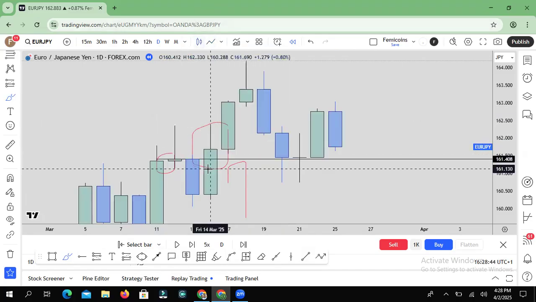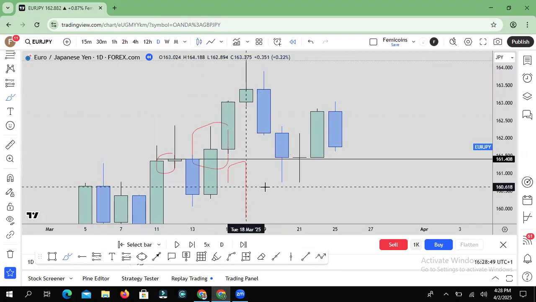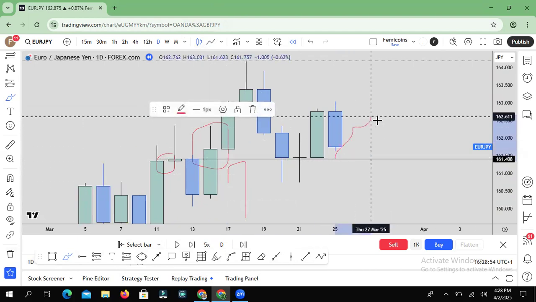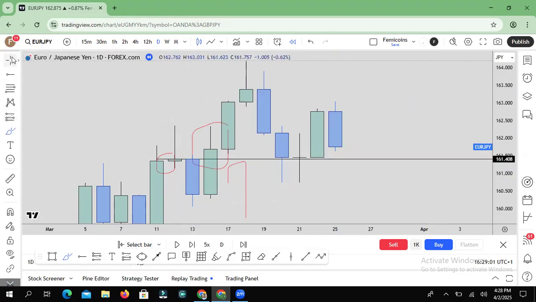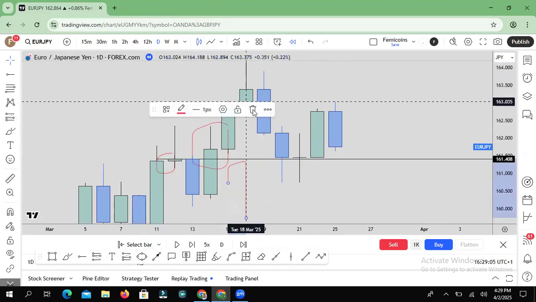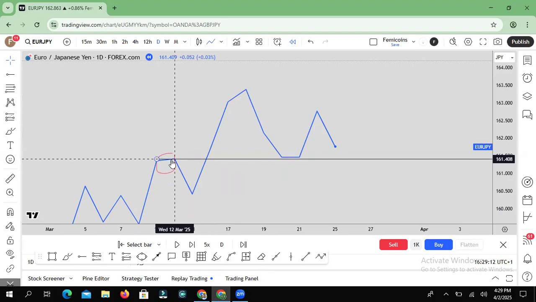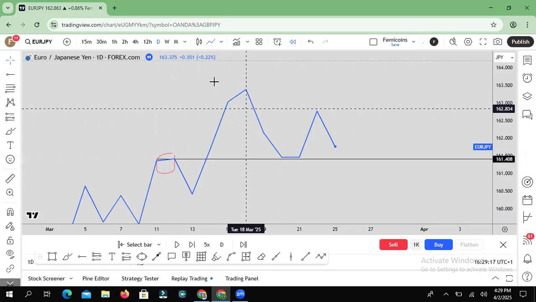Let me turn on the candle. You can see it. They broke it to the upside. Like I said, you expect market to do what? To come back into that same key level, and you look for more buying opportunities. So for this particular day, what I'm looking for is how to buy. Since they've disrespected my key level at about this zone, again, let me turn on the line chart. You can see the key level right here, the A-shaped key level that got disrespected right here. Market came back into that same key level.